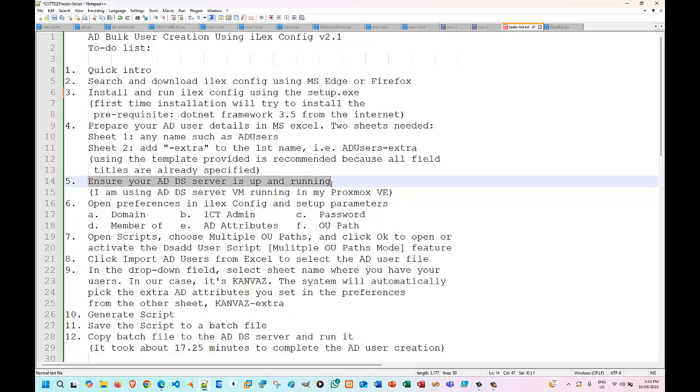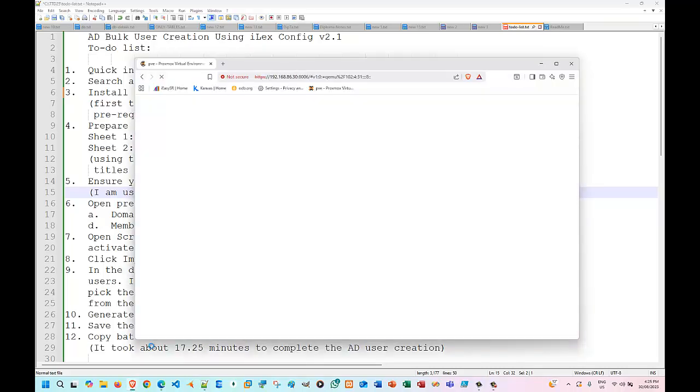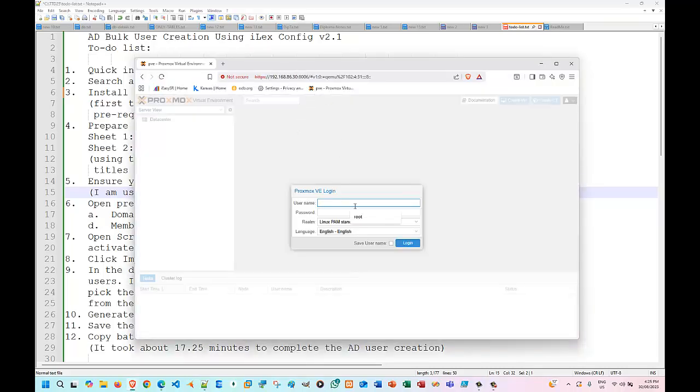The 5th one is ensure your ADDS server is up and running. I'm using an ADDS server virtual machine running in my Proxmox VE. That is virtualization software, a bare metal one. I'll make sure my server is up and running. I'll just open it and then